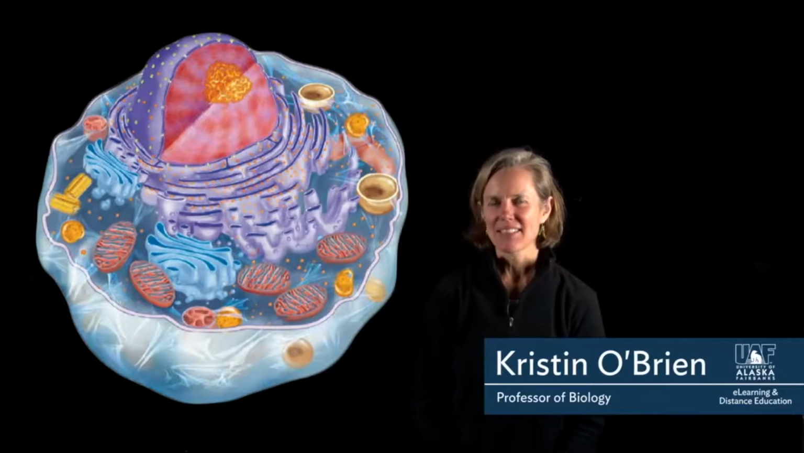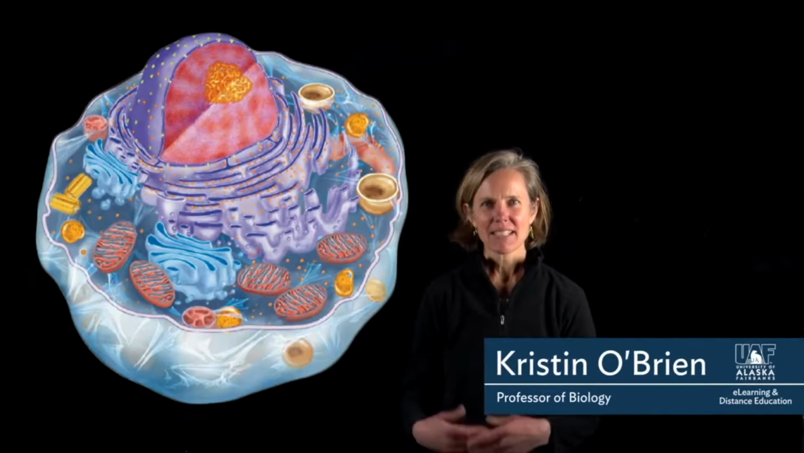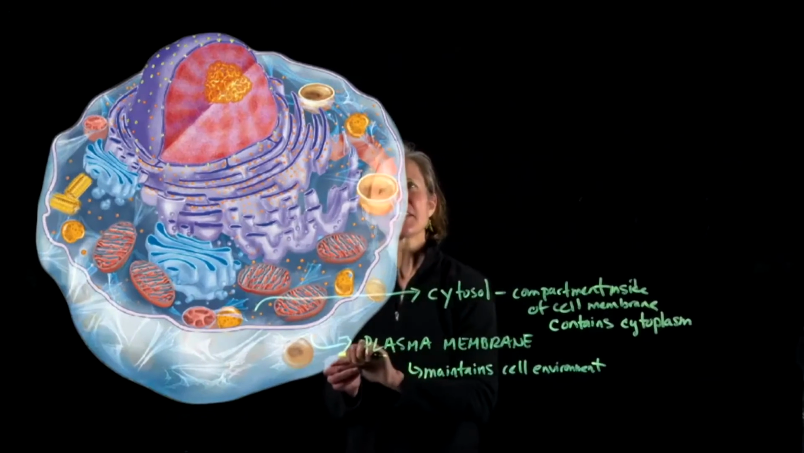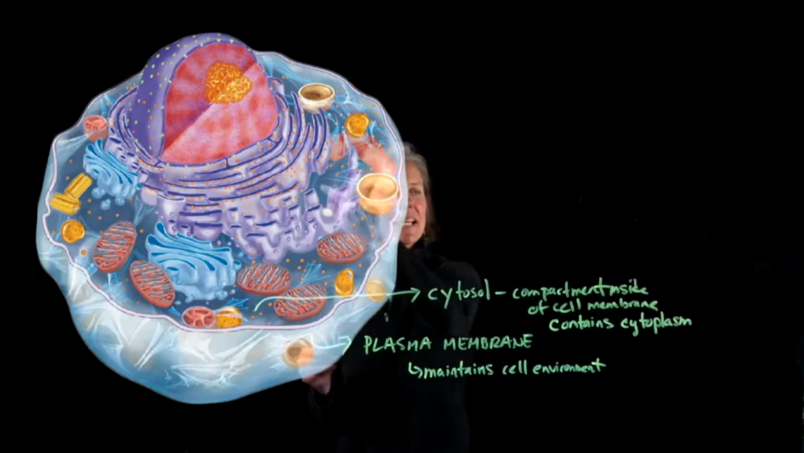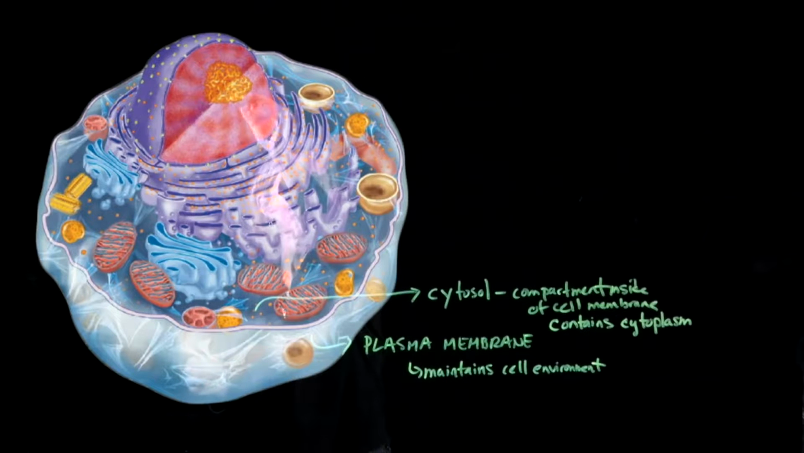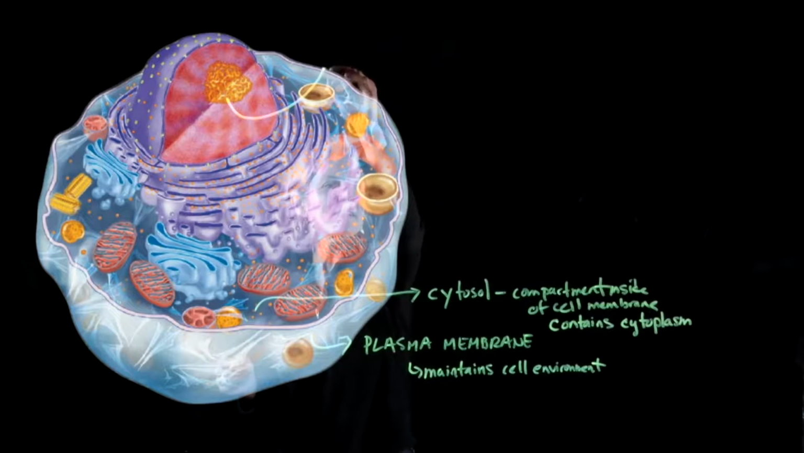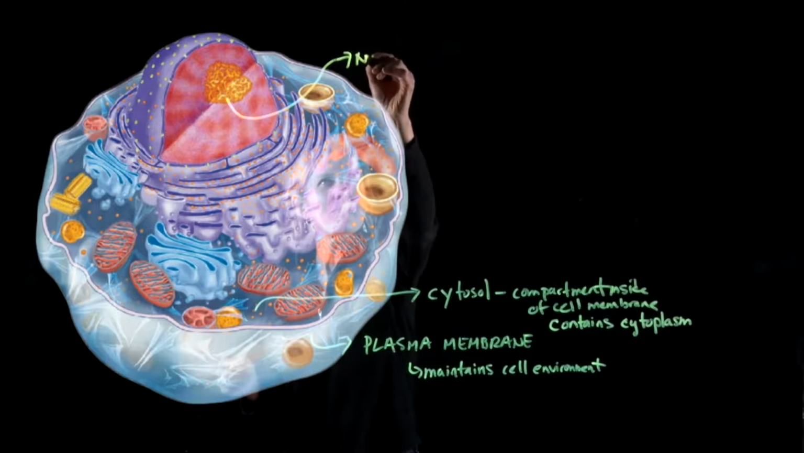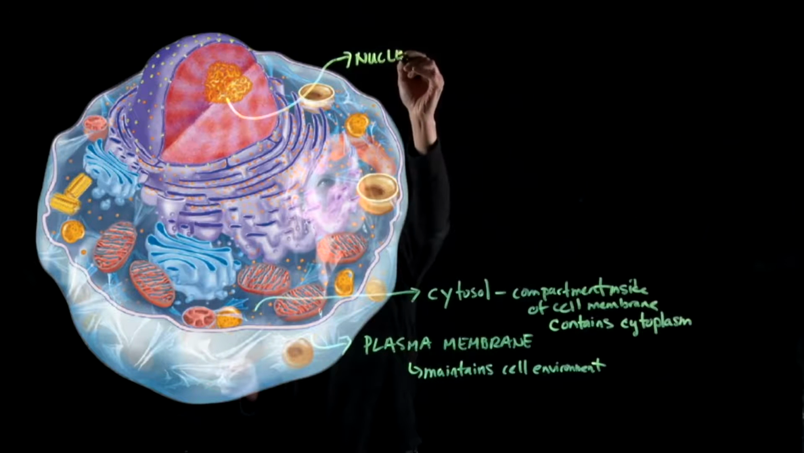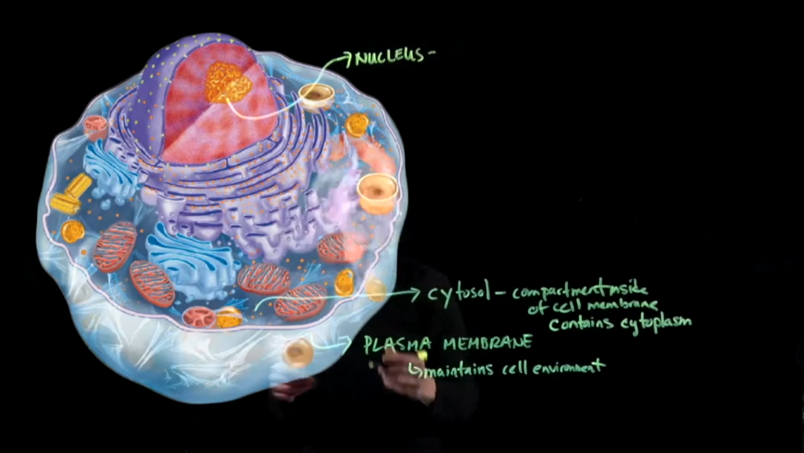Today's pre-class exercise, we're going to look at the structure of a eukaryotic cell and its organelles. Okay, let's move on next to look at the nucleus, shown here. The nucleus is where our